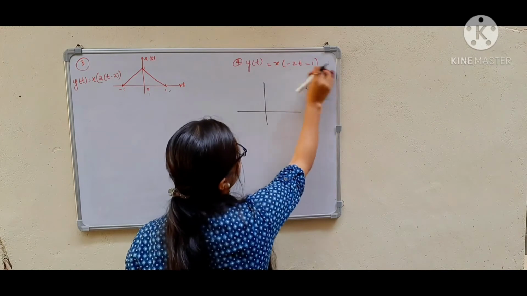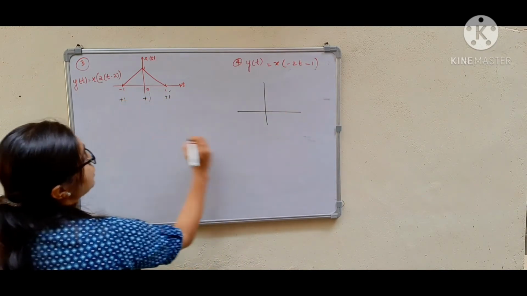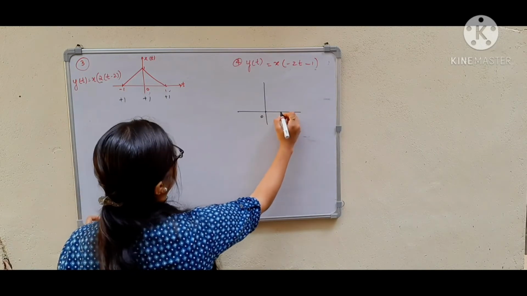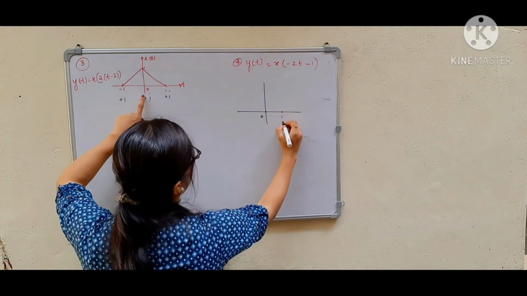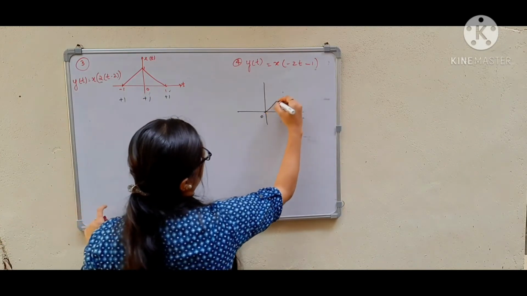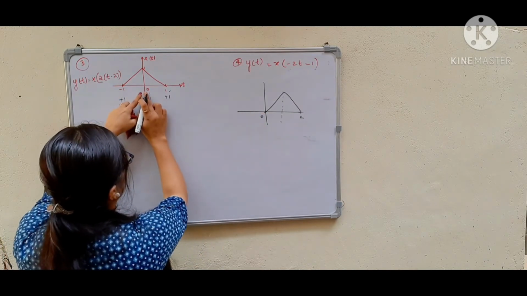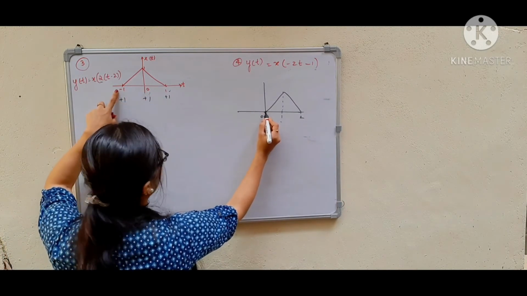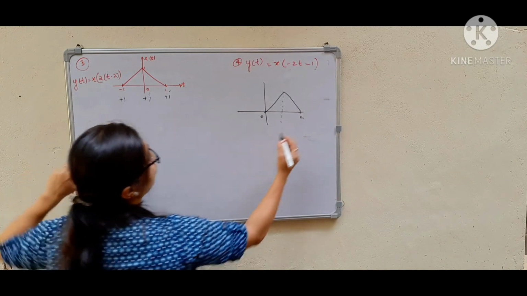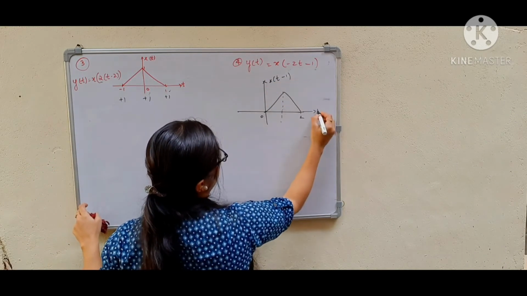So I will add 1 to these time values now. So this one will be at 0. Then we have 1, then you have 2. See, this is moved by 1 unit. Whatever it is here, you will get it at 0. So this is your x of t minus 1.